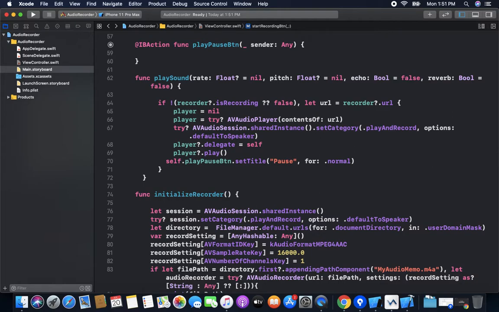So in play sound, we do not need these things.